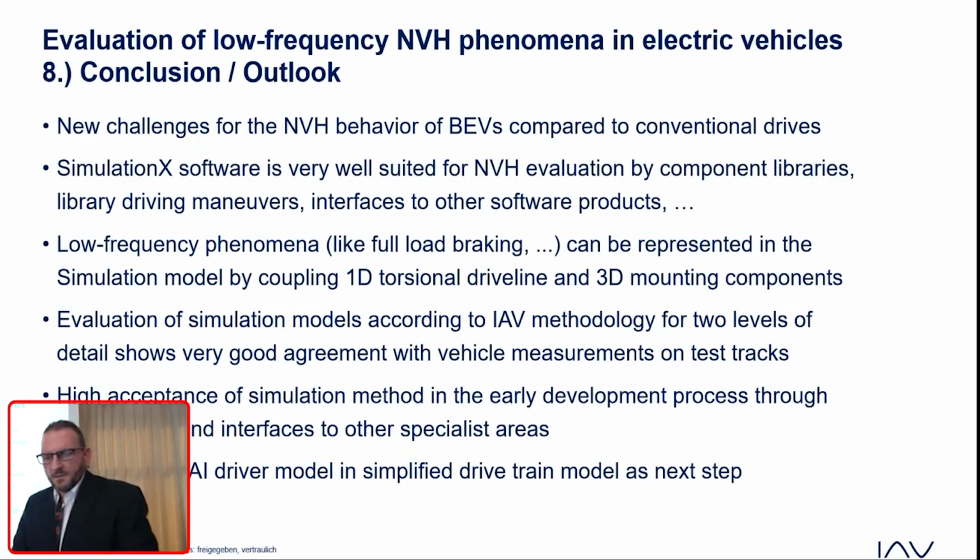Now, on the last slide, I want to give a short conclusion. There are new challenges for the NVH behavior of battery electric vehicles compared to conventional drives. SimulationX software is very well suited for NVH evaluation through its components libraries, the driving maneuver libraries, and the interfaces to other products. Low frequency phenomena can be represented in the simulation model by coupling the 1D torsional drivetrain and